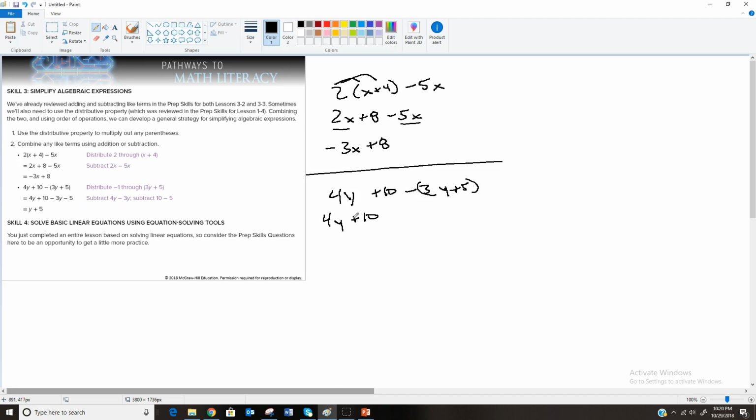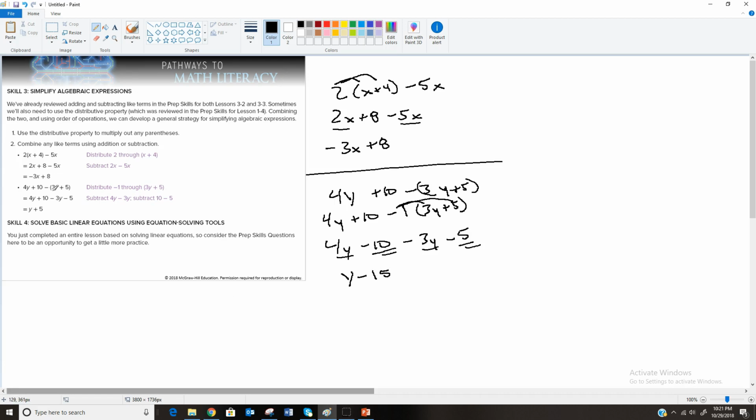So we could think of it as 4y plus 10 minus 1 times 3y plus 5. And we could even think of it as plus a negative 1. But this negative is going to get distributed. So I'm going to have 4y plus 10 minus 3y and minus 5, because negative 1 times 5 would be minus 5. So if I do 4y minus 3y, that just gets me y. Combine that term with that term. And then we're going to combine the negative 10 with the negative 5 to get negative